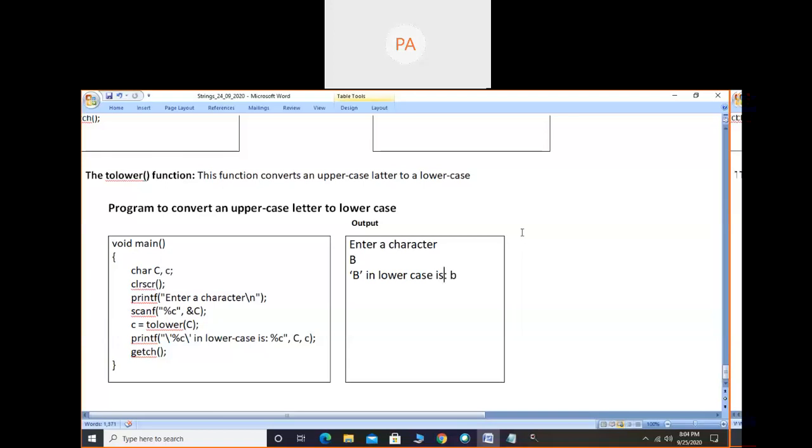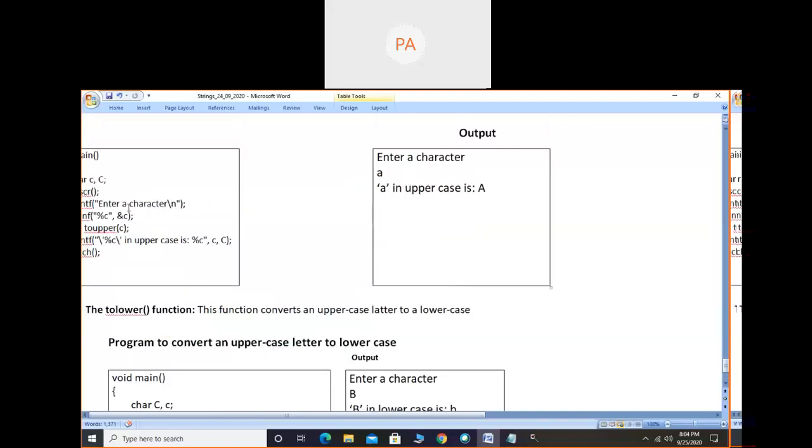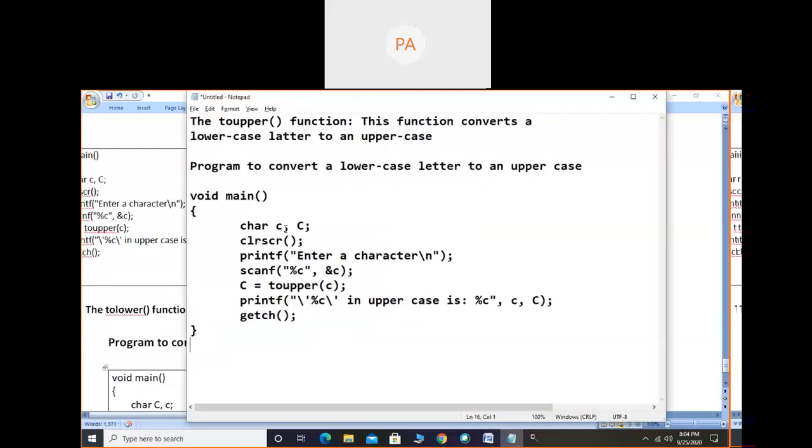And one more thing, just for understanding purposes, why I have taken it this way. If you observe the previous program, I have taken a small letter c variable for input, and whatever the converted value is will be stored in capital letter C. That means by looking at the identifier name, we understand that we have to input a lowercase letter. And the next identifier, capital letter C, holds the converted letter, which will be uppercase. In that way also we can understand. So for that I have taken it.